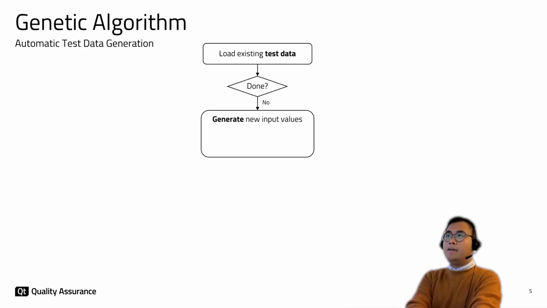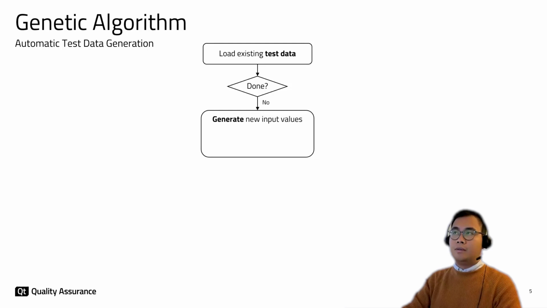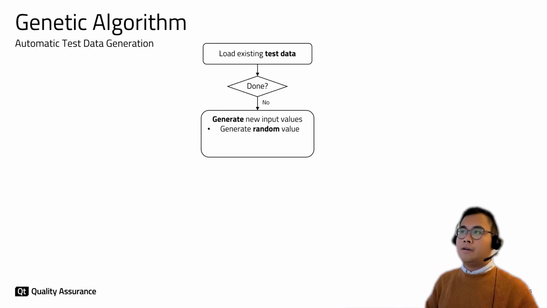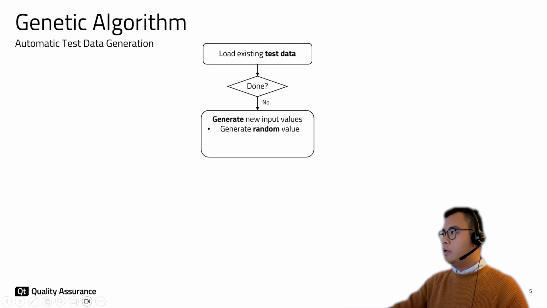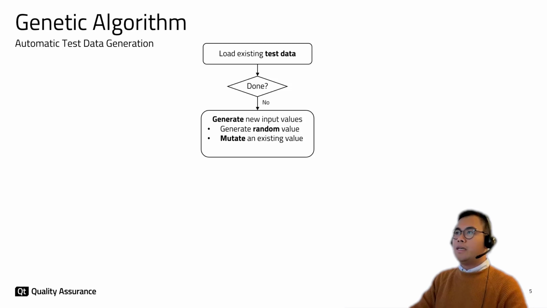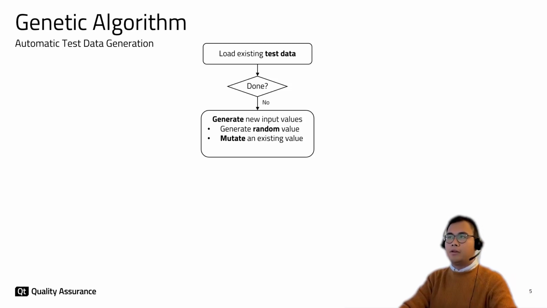And we start by generating new input values, or creating the new generation of our population. There are three ways that the genetic algorithm is able to achieve this. First, we can generate a random value. This is similar to introducing a totally new test row or test data into the population. And we can mutate an existing value. So this is similar to mutation